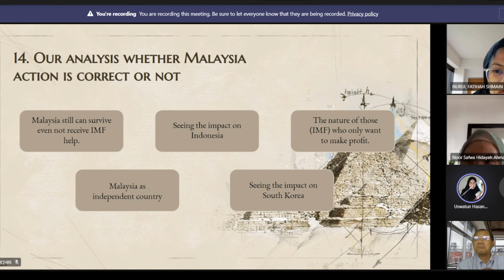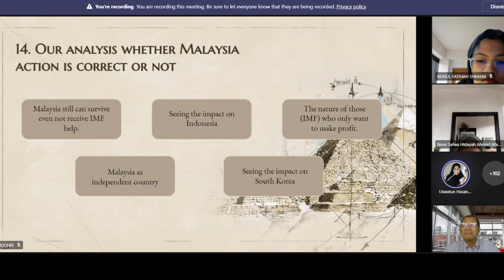Lastly, seeing the impact on South Korea, they borrowed from the IMF and agreed to the IMF terms. Implementing a new labor policy resulted in high layoffs in South Korea, as evidenced by the fact that the unemployment rate tripled from 2.05% in 1997 to 6.96% in 1999. So this can happen to Malaysia too if Malaysia takes